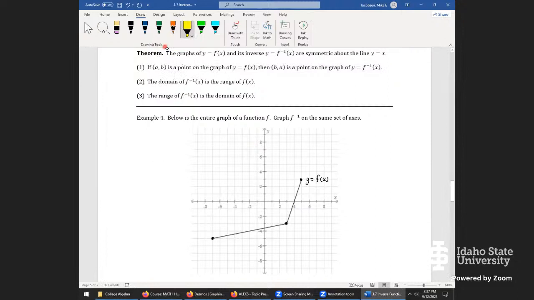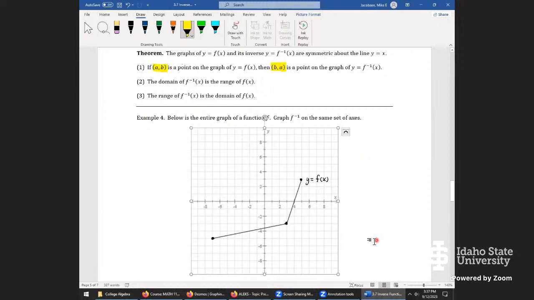If a point (x, y), or (a, b), is on the graph of f of x, then that symmetry across y equals x means (b, a) is also on the graph of the inverse, which is what we want to plot on this one. We'll return to these other 2 properties next, but property 1 is enough